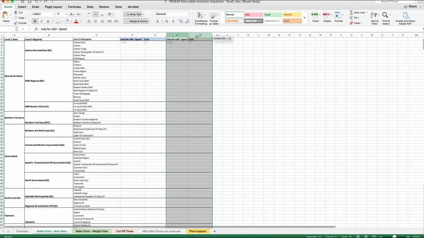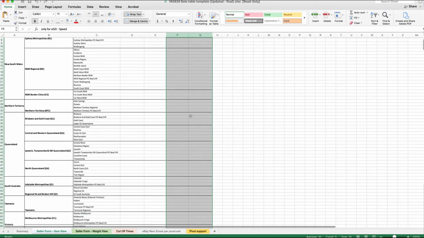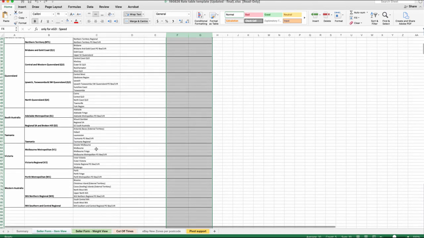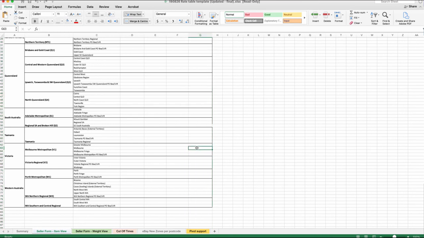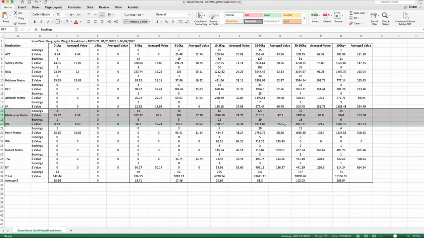So if we use the standard section here, which is the road service, scroll down to Victoria. In the Melbourne section here, you would then enter $47.30 as that Melbourne Metro figure. Now, couriers don't ship to PO boxes, so again, you can't use that value there. For the Melbourne Fringe and Greater Melbourne, I would use the Victoria rate, which was the $65.90 figure there,